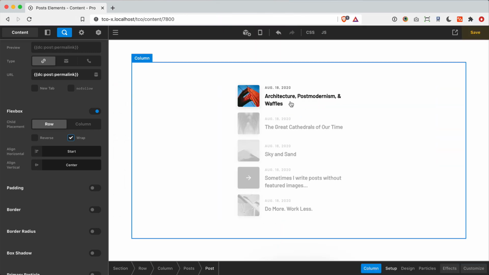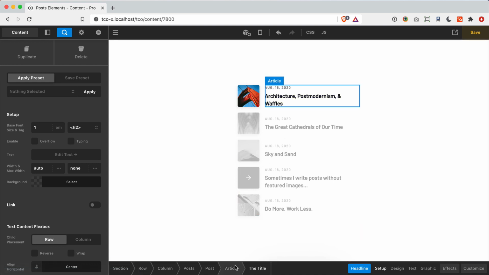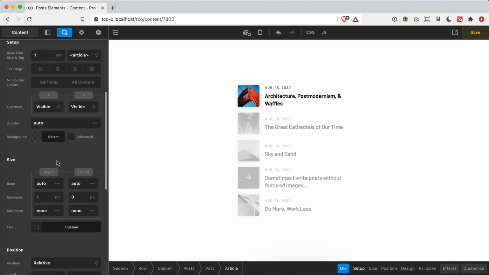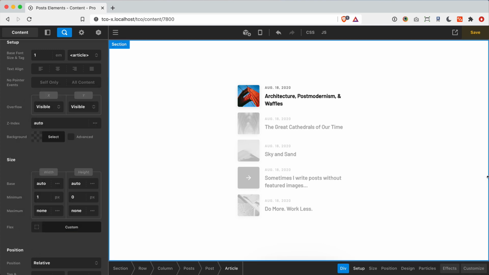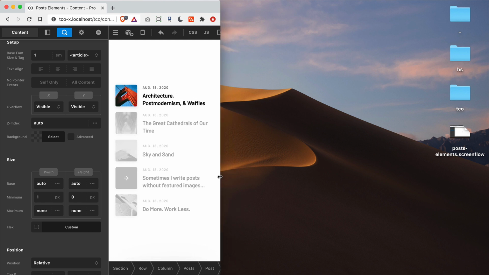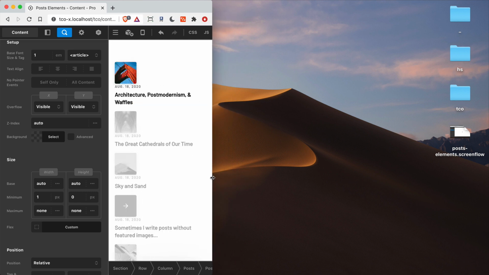Now, the way that value is set up and working is, again, one of these auto-responsive techniques that I like to use a lot when I'm working on designs. If I inspect the article element here, holding our text, and inspect the flex control, you'll see that its flex basis is set to 12 ems. So again, you can think of this as the floor where this flexbox layout will say, this text should always be at least 12 ems wide, and if it can't be, I'll try and break to a new line if I need to. And that is how we are getting this effect. So right about here is where you see that 12 ems come into play and the text goes beneath the